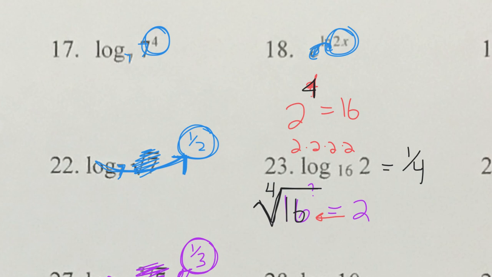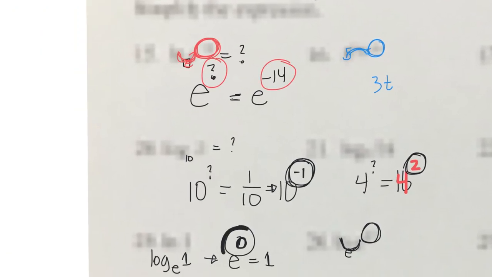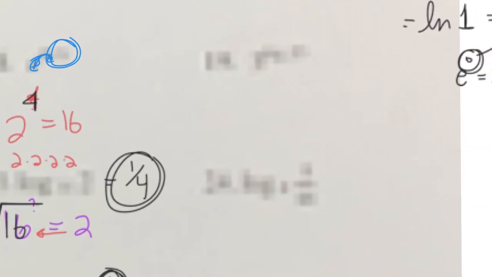Okay, 28. Remember, this is base 10. 10 to the what power equals 10? The answer is 1. So whenever the base and the argument are the same, the answer is 1. Right? And anytime we're taking the log of 1, the answer is 0. Okay, so if it's the log of 1, the answer is 0. But if the bases are the same, the answer is 1. Okay, these cancel out. The base of 3 and the base of 3, the answer is